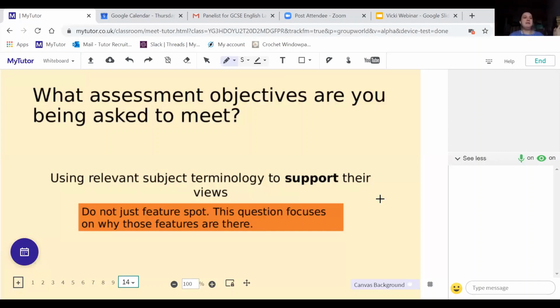So saying, here's personification, here's my evidence. Now here's why it's effective, here's what I'm zooming in on, and this is what I think. This is how the reader feels by this use of the quotation here that I'm looking at. And this is why I think it's there. The question focuses on why those features are there. You need to talk about their purpose. Just saying, oh, this shows that the T-Rex is vicious, he's angry, someone that I don't want to be around, is quite basic. You need to take it much further and talk about why on earth the writers put it there, what the imagery is telling and suggesting to you.